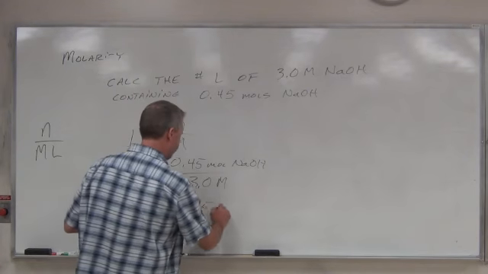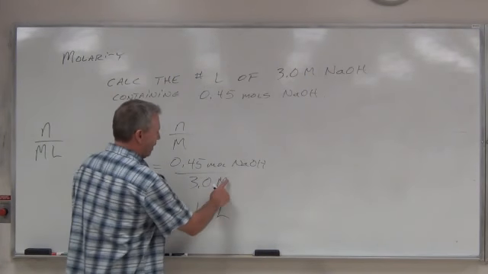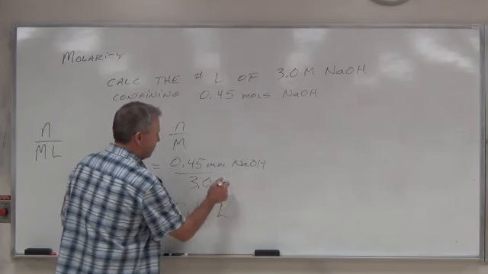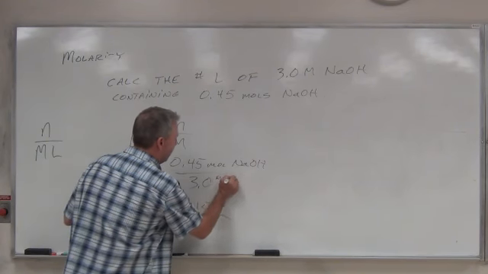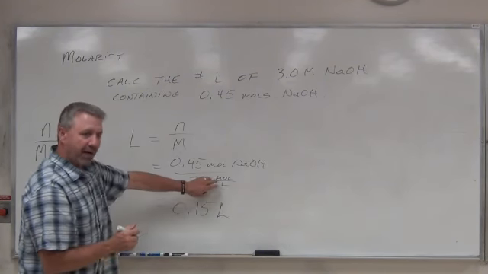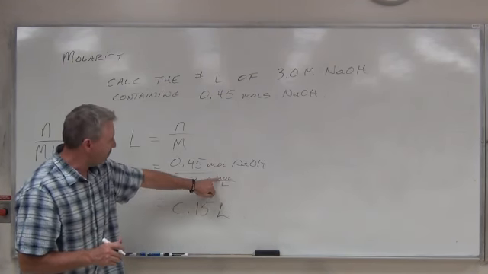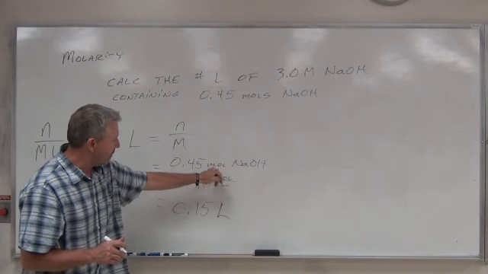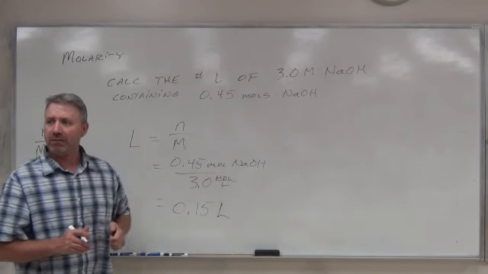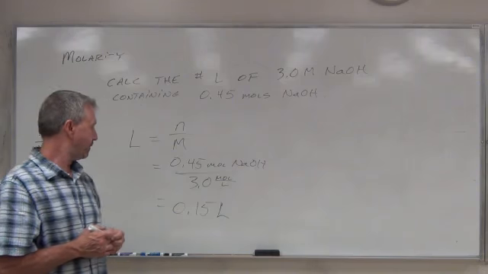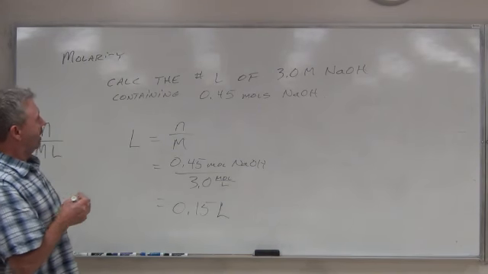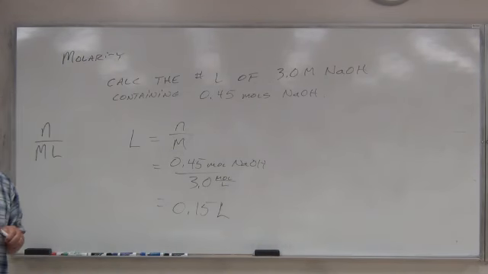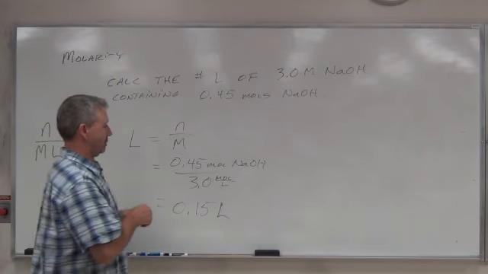Liters, right? If you want to look at how the units cancel out, you change the M to mole over liter. When you divide by a fraction, you invert and multiply. That's going to put moles on the bottom, which is going to cancel, leaving you with liters in the numerator. So it works out. 2 significant digits, we're good. Okay? How about